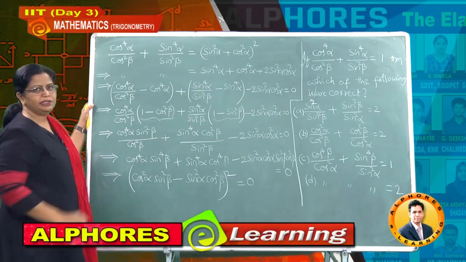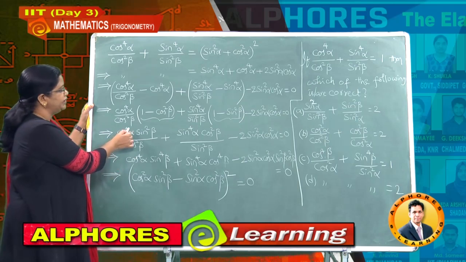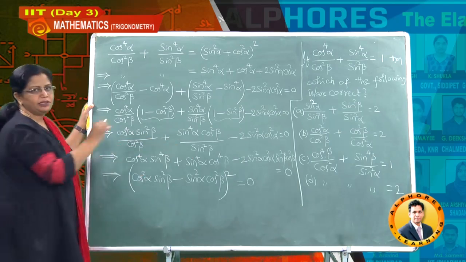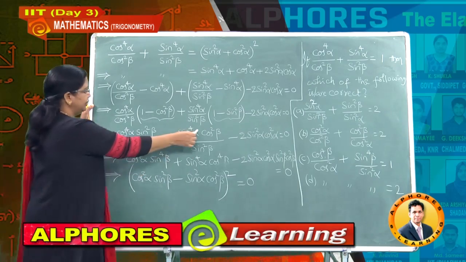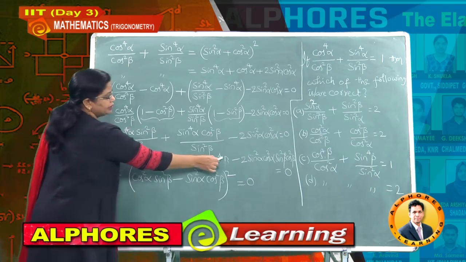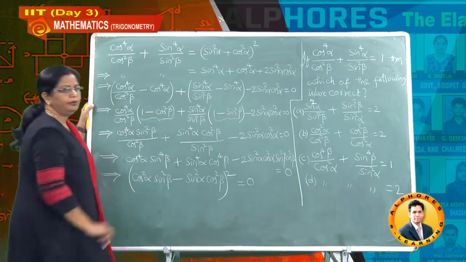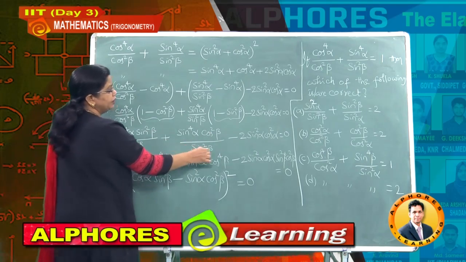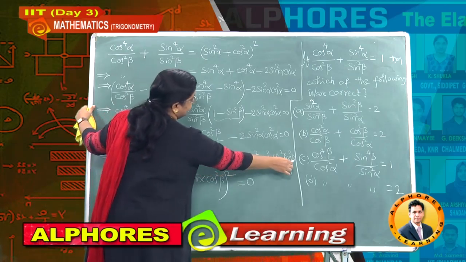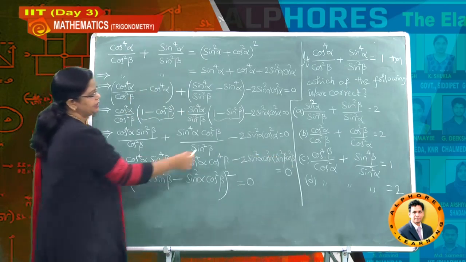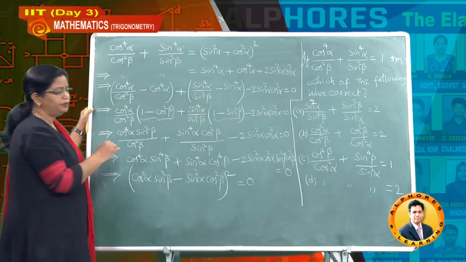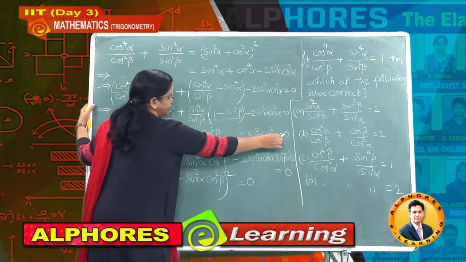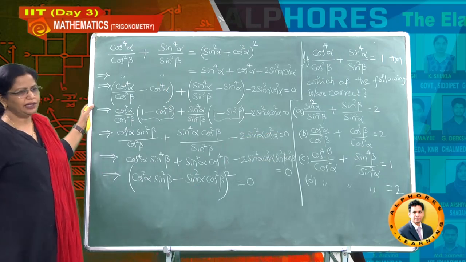Now let's take the LCM. Then this is 4 here, sin square beta into sin square beta, and thereby you got sin power 4 beta. Next, cos square beta, so you got here cos to the power of 4 beta. And now the LCM is cos square beta into sin square beta, therefore here sin square alpha etc., all the values. As the RHS value is 0, I didn't write the total denominator as cos square beta sin square beta. 0 means if you cross multiply the RHS you got 0.